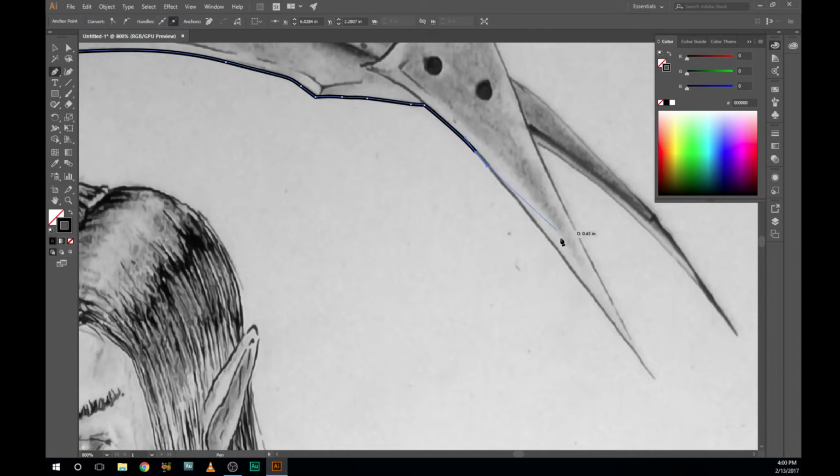And I want this to just be a point. My drawing skills aren't as precise as vector imaging, right? And then I want it to come to a point, so I'm going to click, and then I'm going to backtrack this way now. Okay, this looks good this way. I'm going to make a small curve. Click, and then make that sharp angle, drag, hold, make a curve, click, make a sharp angle,